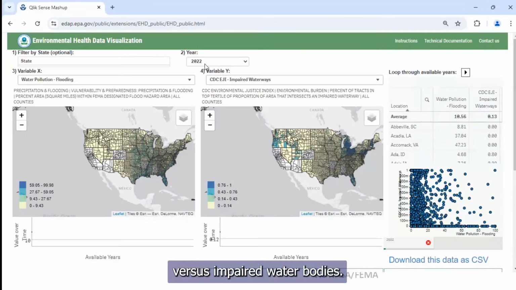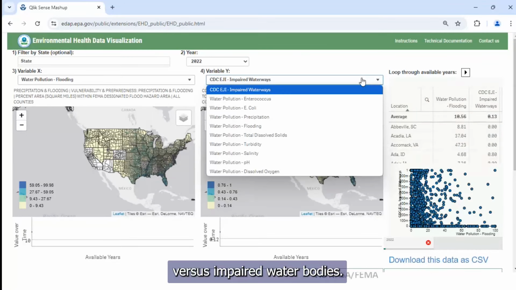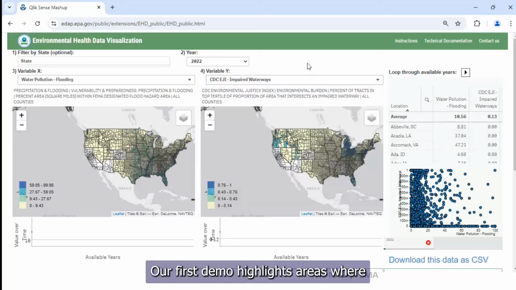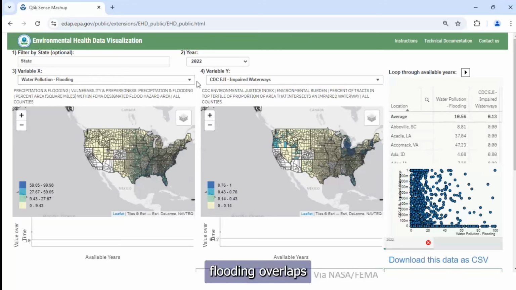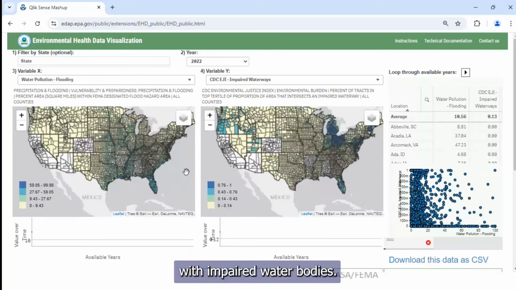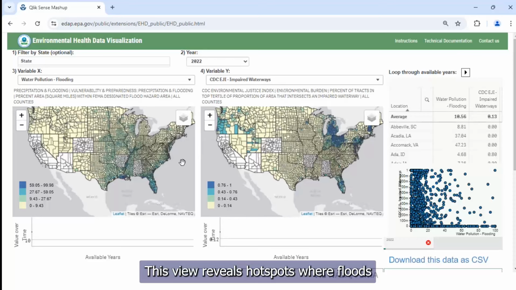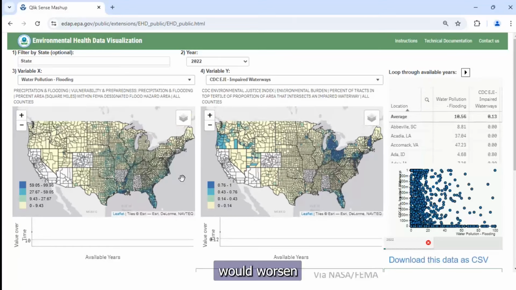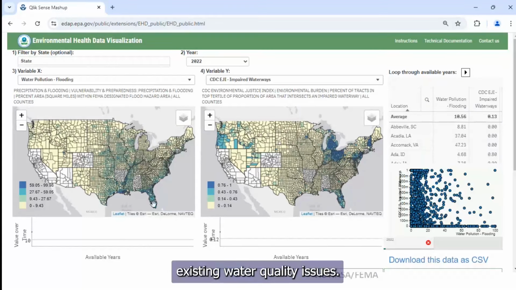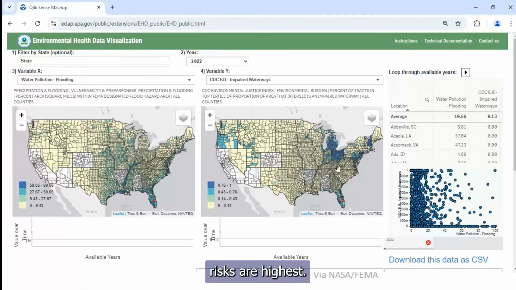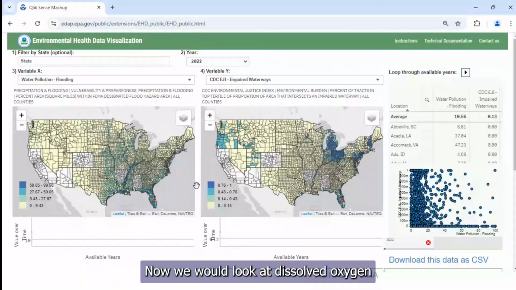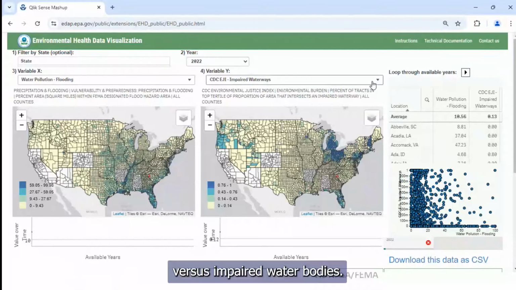Now we look at flooding versus impaired water bodies. Our first demo highlights areas where flooding overlaps with impaired water bodies. This view reveals hotspots where floods would worsen existing water quality issues, spotlighting where public health risks are highest. Now we would look at dissolved oxygen versus